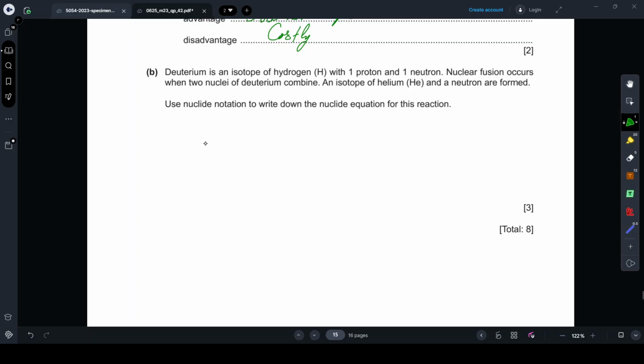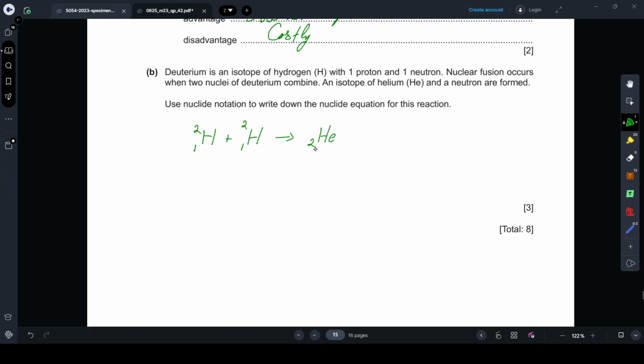All right, so deuterium would be how? Right, the protons come below and the mass comes up at top. So you've got two deuteriums, and those are combining to form